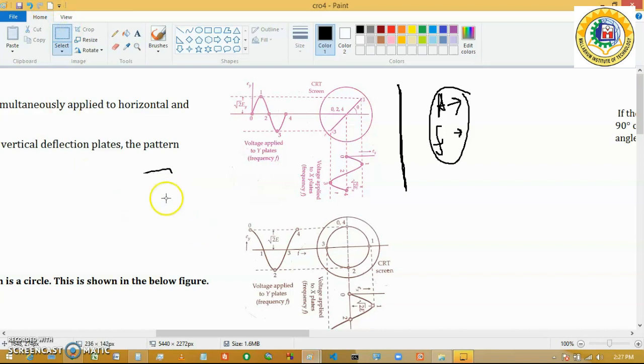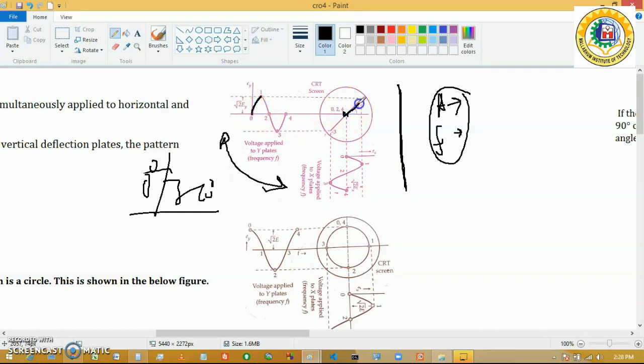In the case of the straight line, we get either 0 degree or 360 degree phase difference between them. Now this is your first waveform, this is your second waveform. You can see that all the characteristics of these waveforms are the same except the phase difference. In this case there is a 0 degree phase difference between them. Then from this point, whenever the waveform reaches that point, horizontally it is moving and vertically it is moving, so it is a straight line. Same slope, all things are the same, so it is reaching that point.